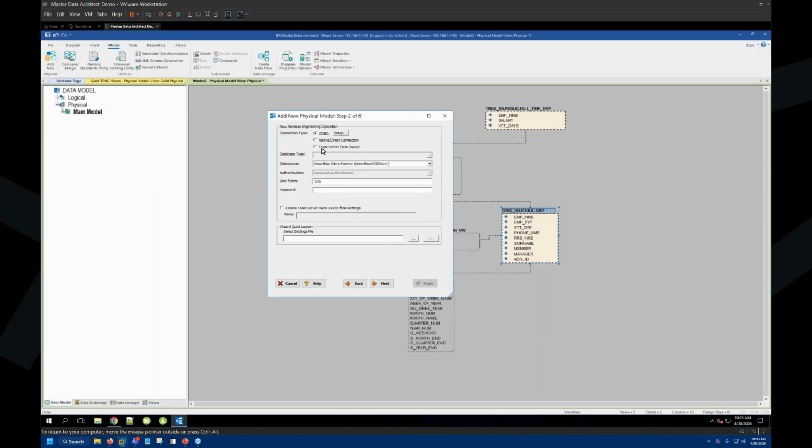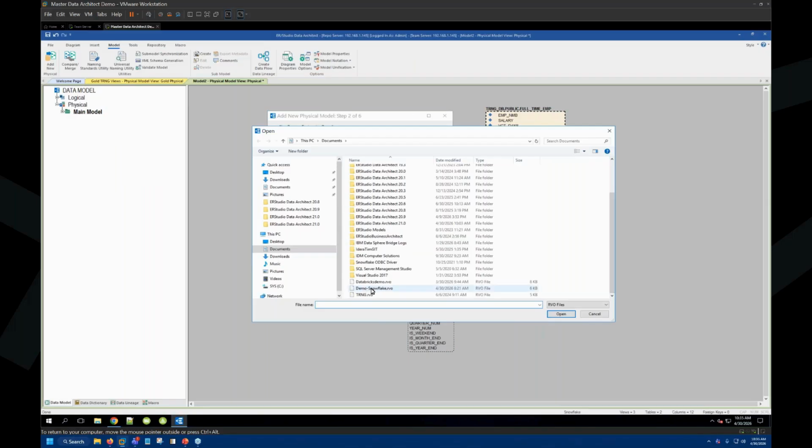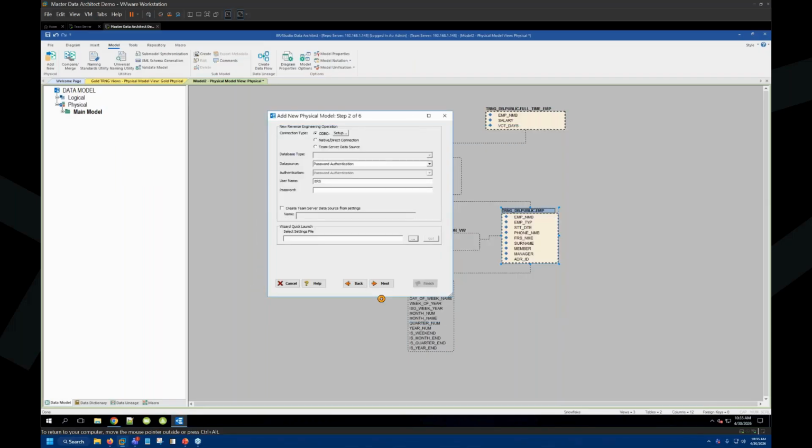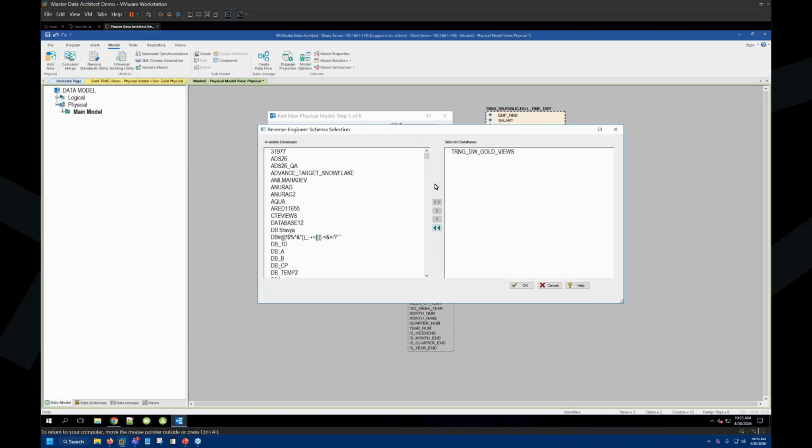Again, I got the reverse engineering or the connection dialog. I'm going to use ODBC here. I'm going to use that same quick launch file, so I don't have to get that client secret in, demo Snowflake. Let's see if I've chosen wisely. And it appears I have. I'm not going to hit the go button here. I'm going to go through this dialog, hit next. This time I'm not going to get the gold views. I'm going to get a different